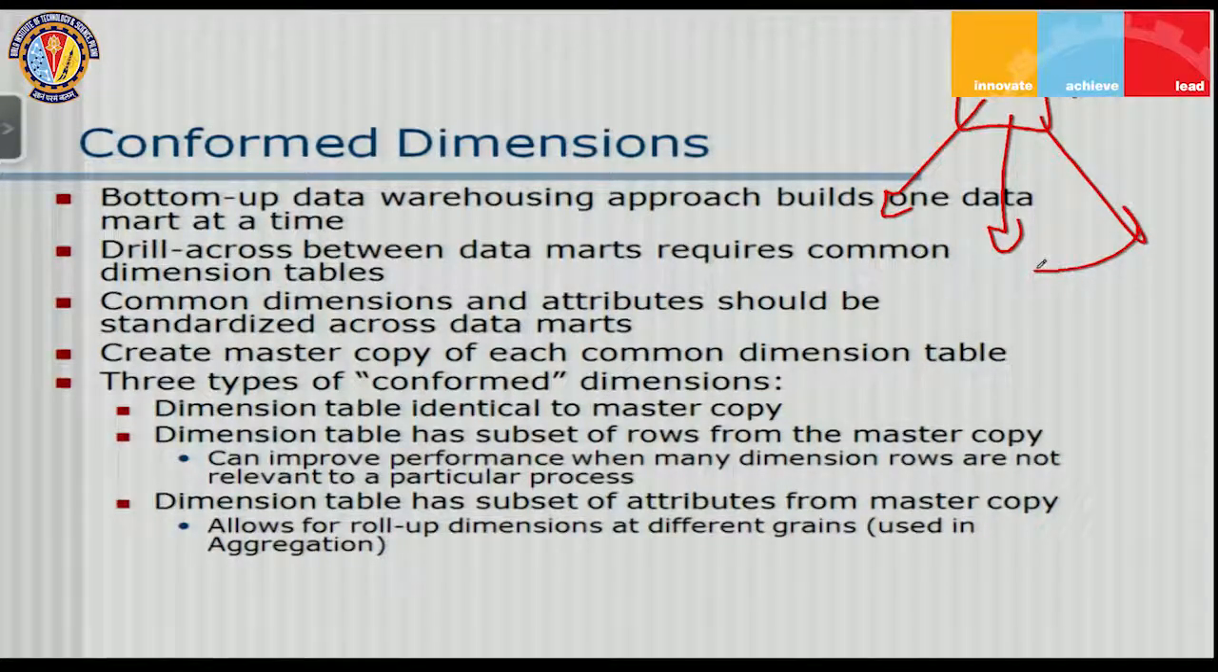Then a dimension table can have a subset of rows from the master copy. So only a few rows are selected. This can improve performance when many dimension rows are not relevant to a particular process. So suppose I am doing an analysis with respect to a branch. Then only the customers of that branch should be in that dimension, right? We don't need customers from other branches. That way I reduce the number of rows in the dimension table,